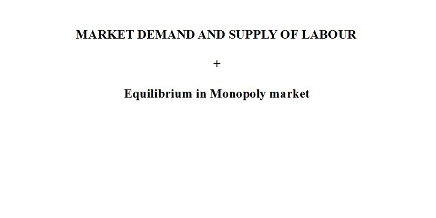Dear students, my name is Nosheen and I'm back with you to discuss some more topics on imperfect competitive market structure. And here we are going to discuss how to derive the market demand and market supply curve of labor in monopoly market structure. So in imperfect competition, we are restricting our focus on monopoly, and we are also going to see at the end of the session how equilibrium is achieved in a labor market where the firm is a monopolist. So let's start with our session.